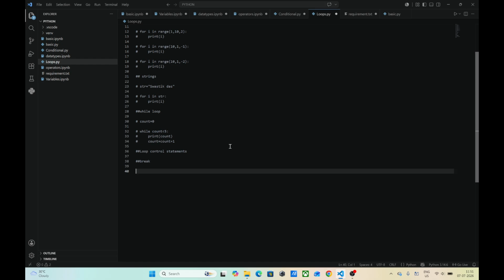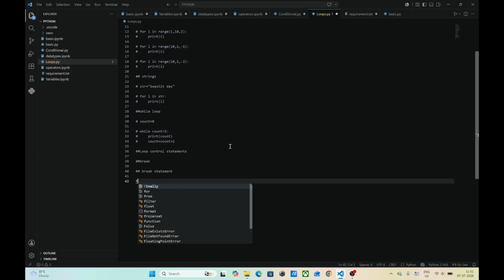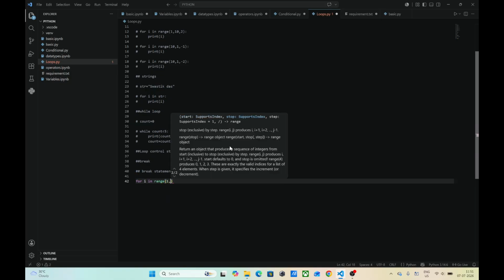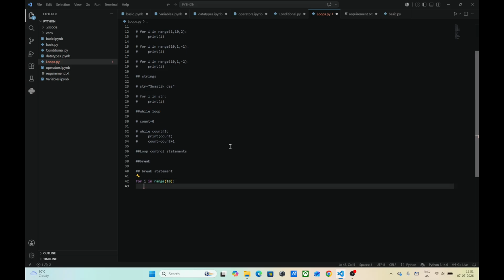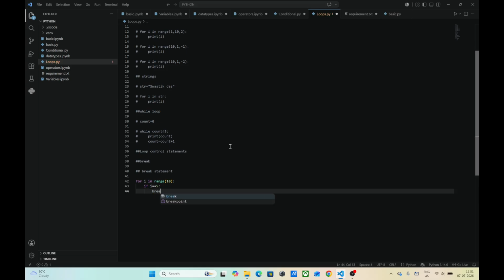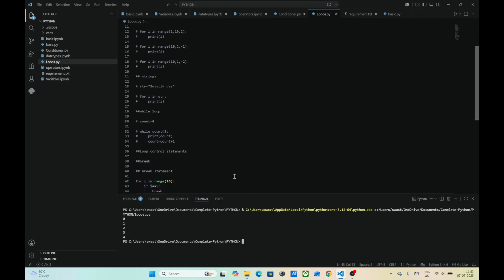Suppose I write here break statement. Now writing for i in range 10. It by default starts from 0 and ends at 9. If i equals 5, break. Then print i. So when I run this, see,